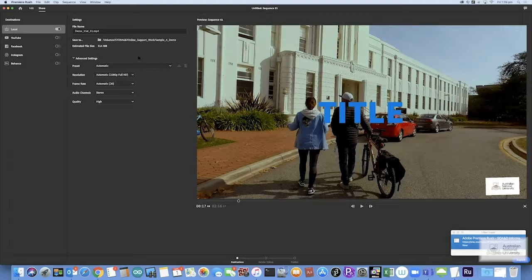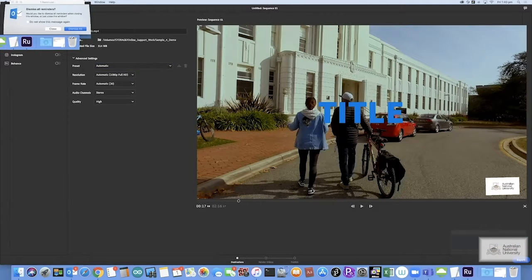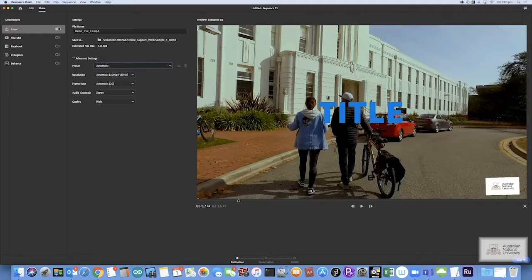If you click on advanced, there are some presets. If you click on the preset, it gives you options, so if you want to upload it on YouTube, 1080p, full HD. You have different options here. Leave it on auto, and then here, full HD and quality high, and you're pretty much good to go. Once you're done, let me dismiss all. All you have to do is click on export,